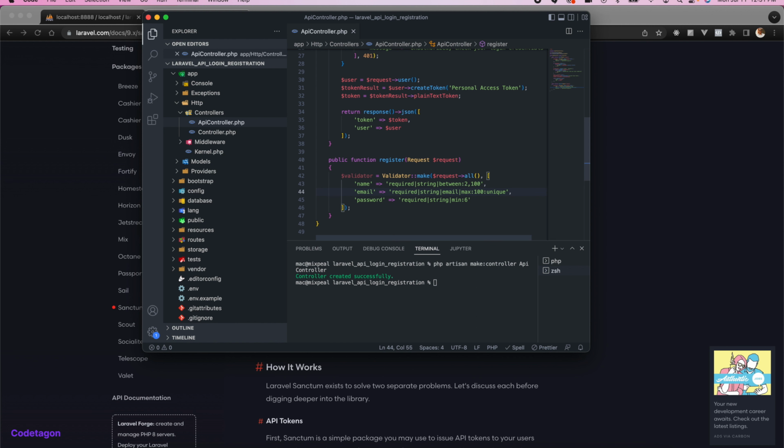I keep making a mistake with this thing. It should be this, please. So it must be unique from where? From the user table. If you are saying we want it to be unique, you have to specify the table. If you check the user table, that email must not already exist in that table. Now the last one is password. Password should be required also, then string, then you should be able to confirm